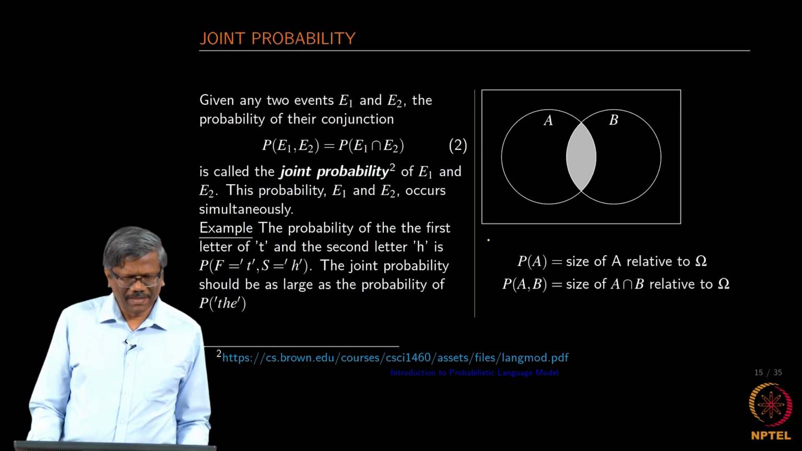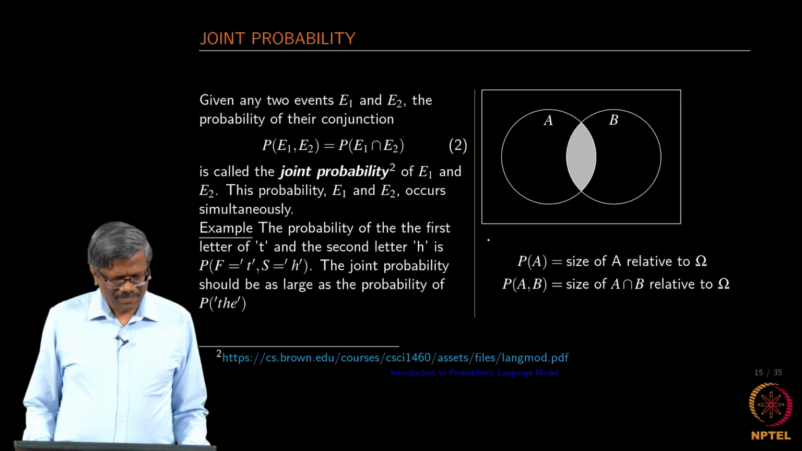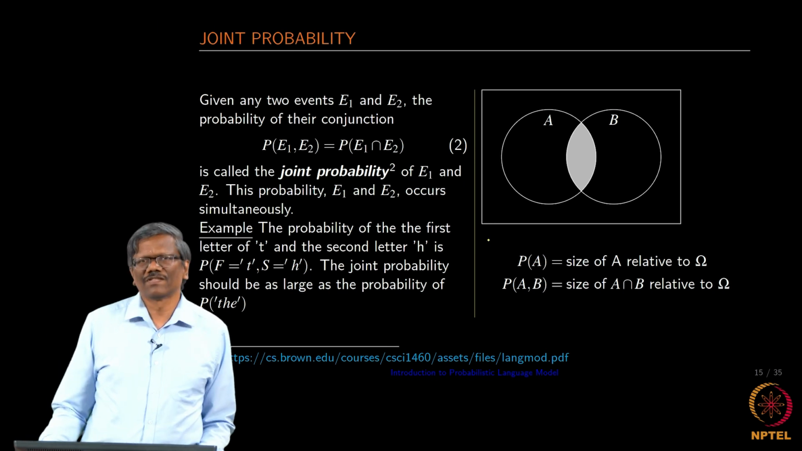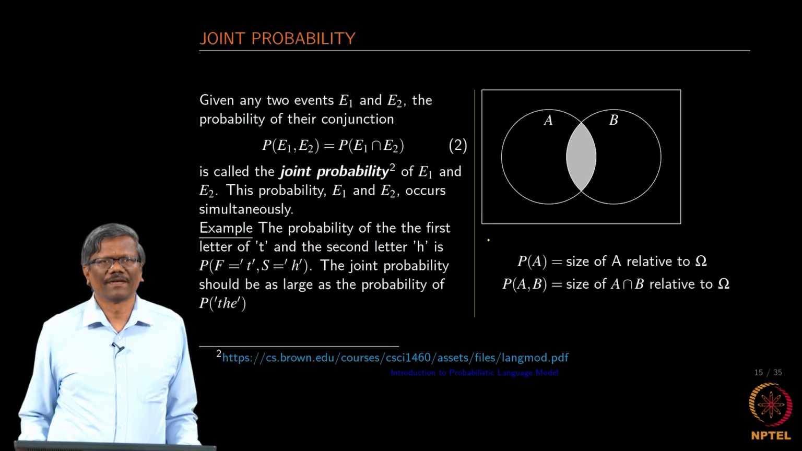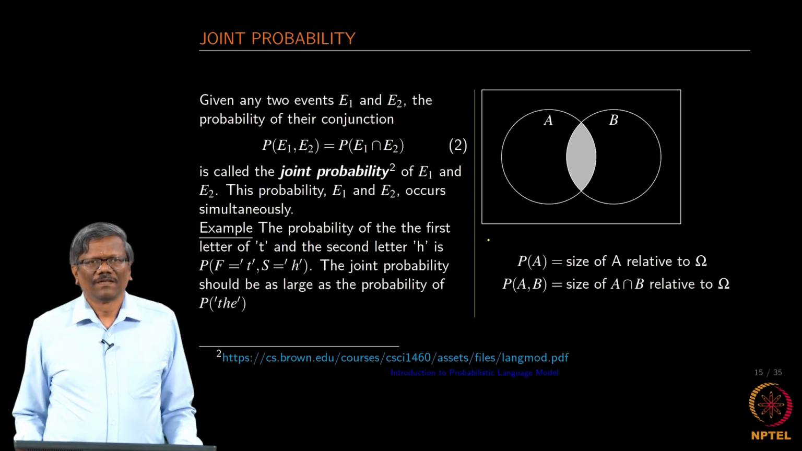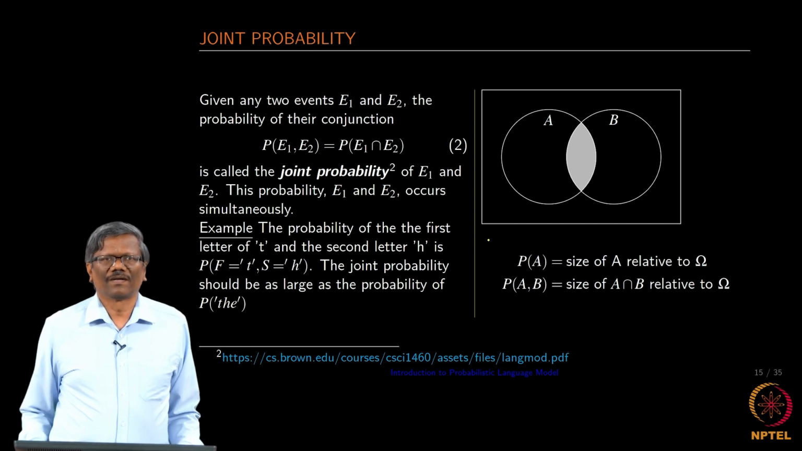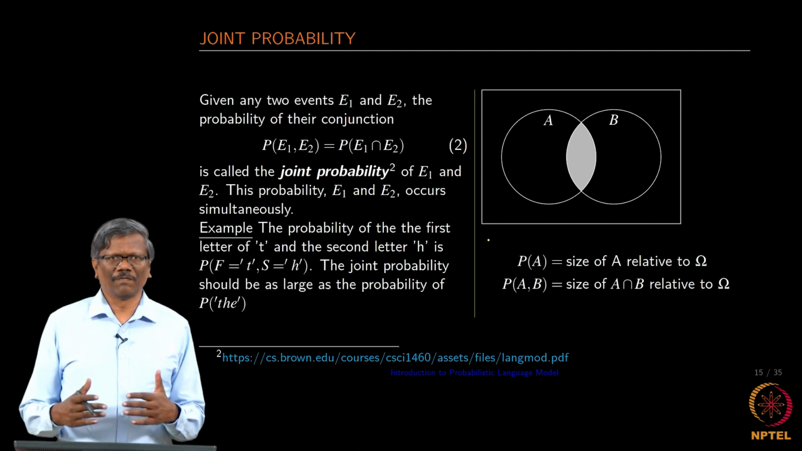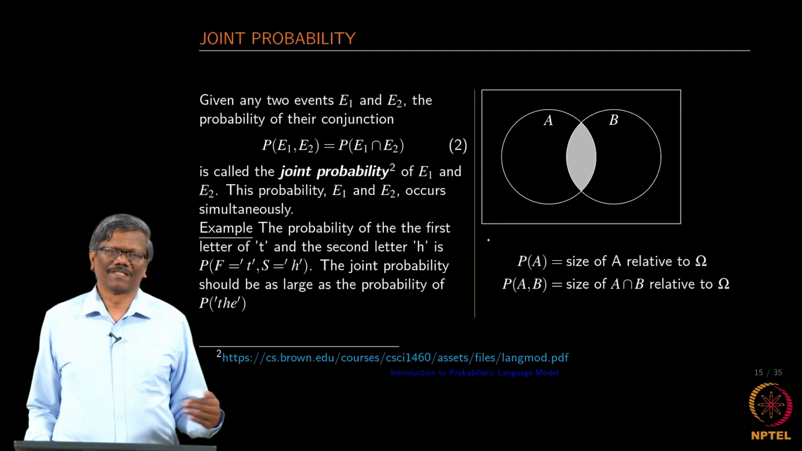So, it is defined in set notation as given in 2. This is called the joint probability of E1 and E2, the probability that E1 and E2 occur simultaneously. Now we will try to explain this with respect to certain